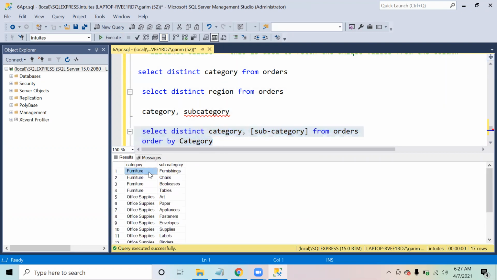So now I can see the unique combinations of furniture category and subcategory, then office supplies category and subcategory, and then technology category and subcategory. So now it's easier for me to say that in technology there are 4 subcategories, in office supplies there are 5 or 6 subcategories, and in furniture there are again 4 subcategories.